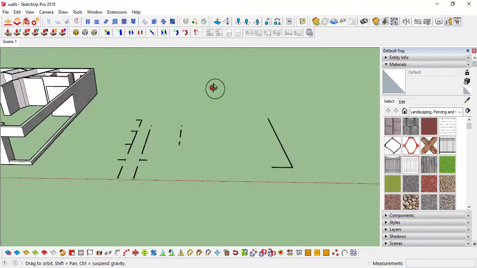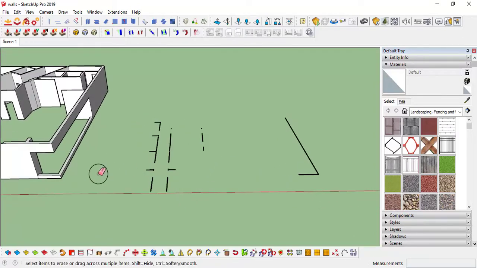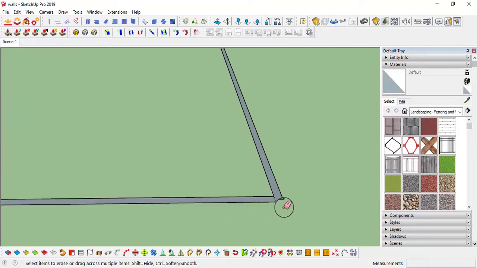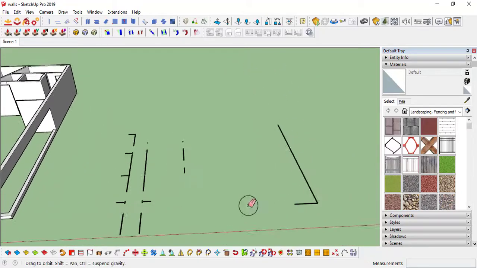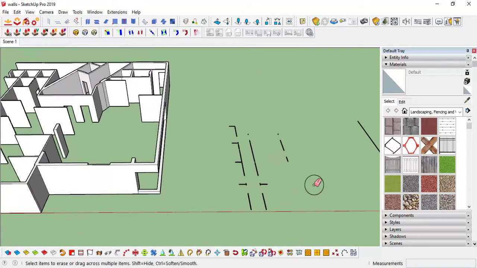I think that's it, everything. So simply, okay, this one too. Okay, after cleaning all this, we need to push pull